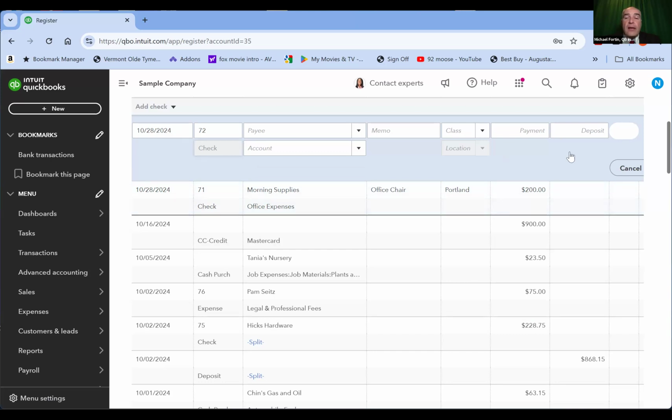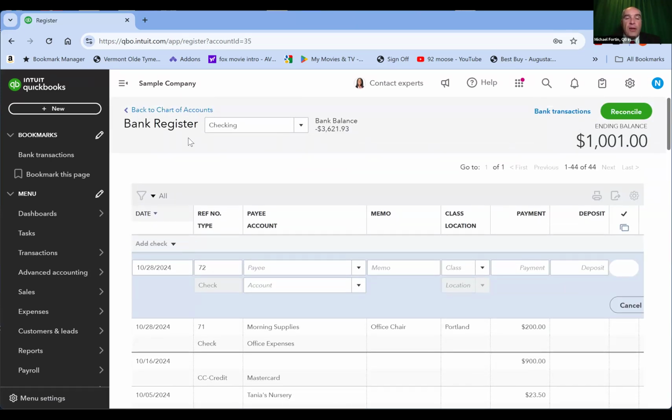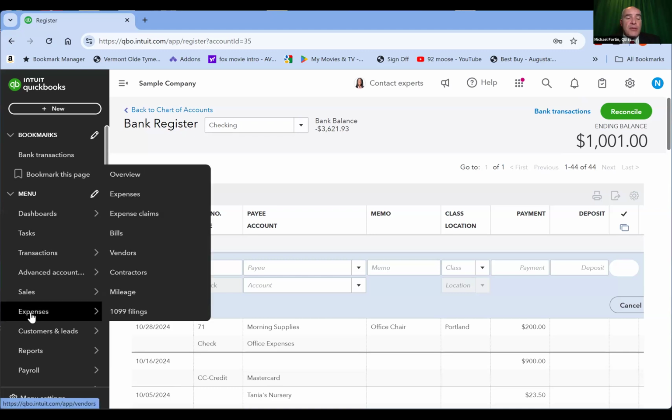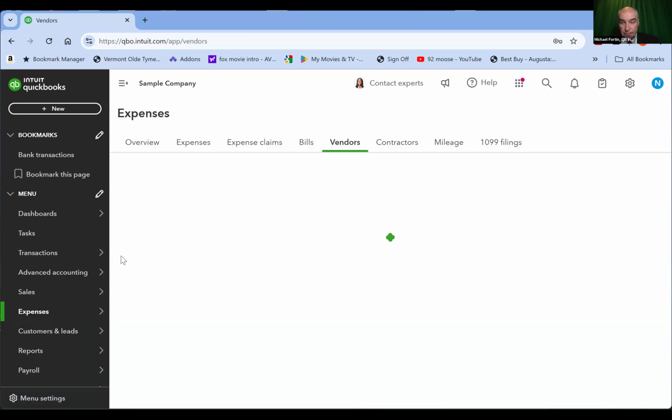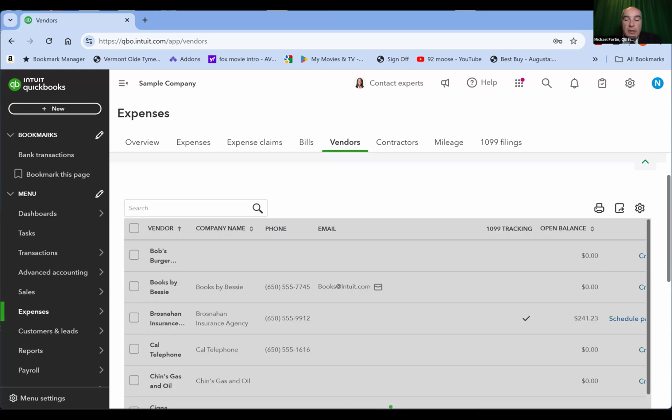And just to look at the vendor center, we can go take a look and see what it looks like now under morning supplies, right? So on the left menu, if I go to expenses, hover over expenses and slide over to vendors and open up the vendor center, I will find morning supplies in this list.